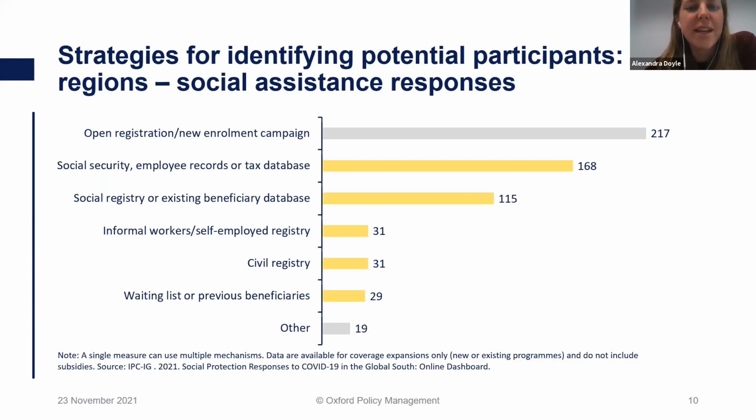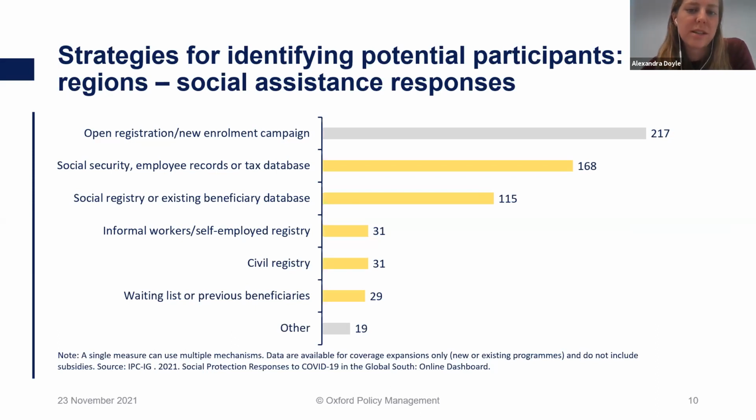What we saw is that countries drew on social security data, on social registry data, which was very common in Latin America and the Caribbean, where these registries are much better developed, on informal worker registries, civil registry data, as was the case in Namibia, or using data on waiting lists for programs, as was the case in Zambia. And this has really shown that there's a really important and crucial role that existing data can play in rapidly reaching new people and